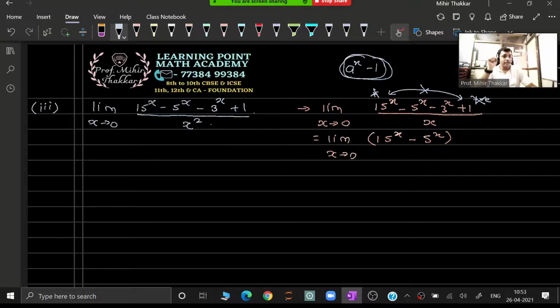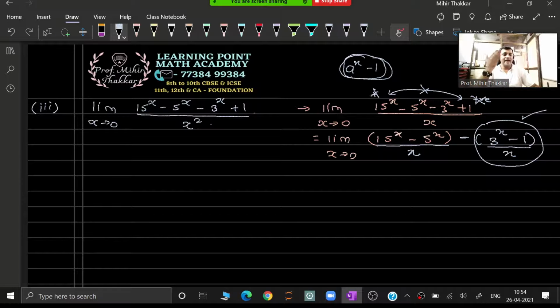So in order to do that, what I will do is from 3 raised to x and 1, I take out minus common. So I will get 3 raised to x minus 1. And now guys, I will be breaking the denominator into two parts as x and x, because this has been completely adjusted as per my formula. I am more worried about the first element, which is 5 raised to x and 15 raised to x. It's very easy for you to now identify over here guys that you just have to add and subtract 1.